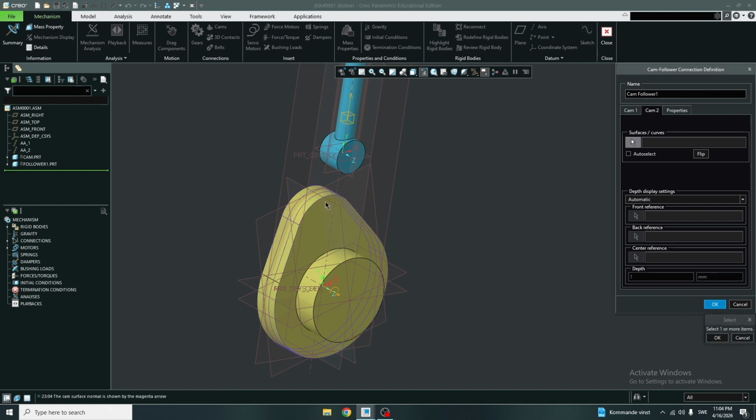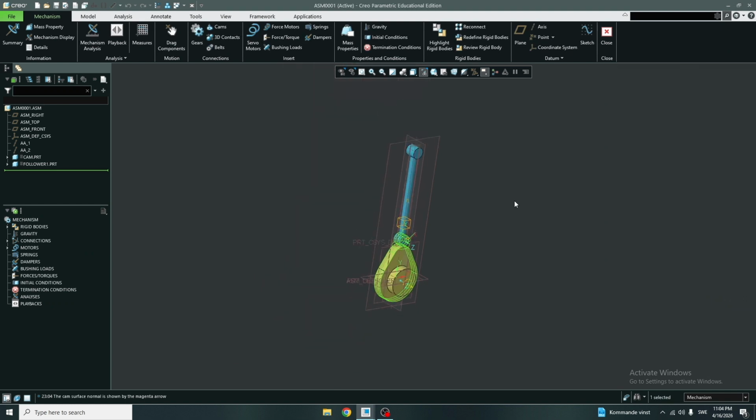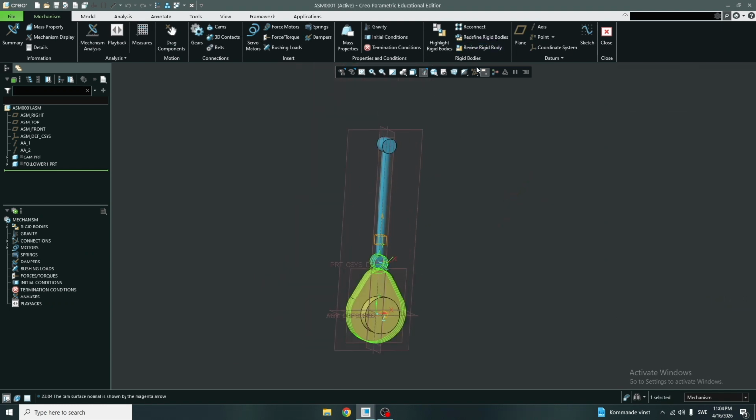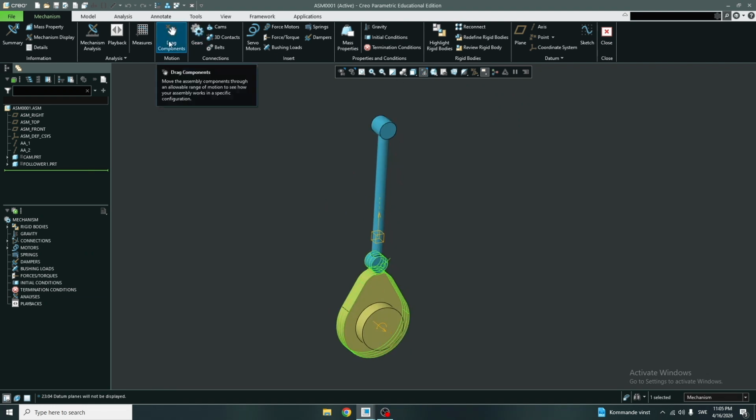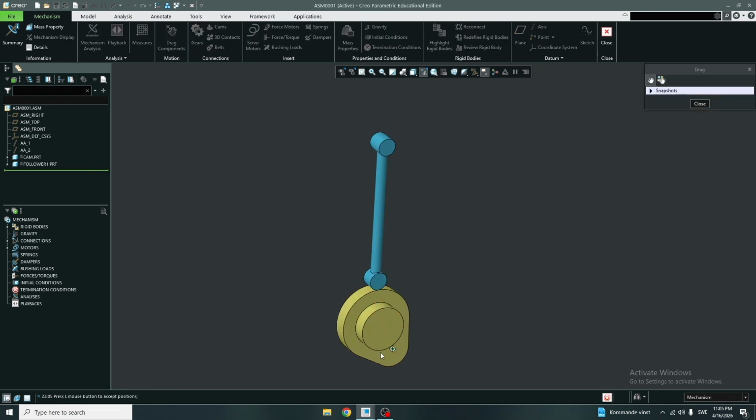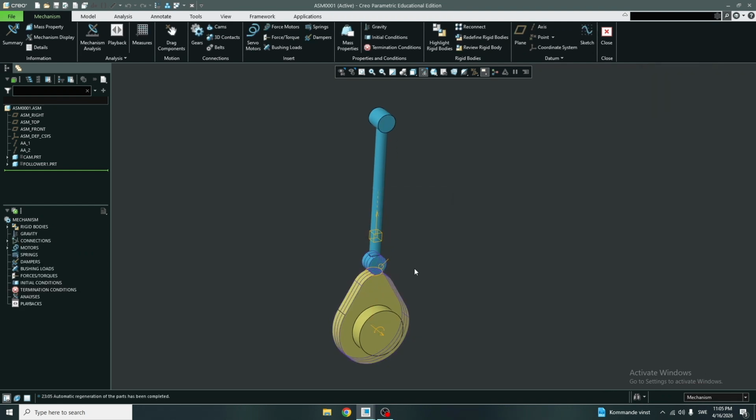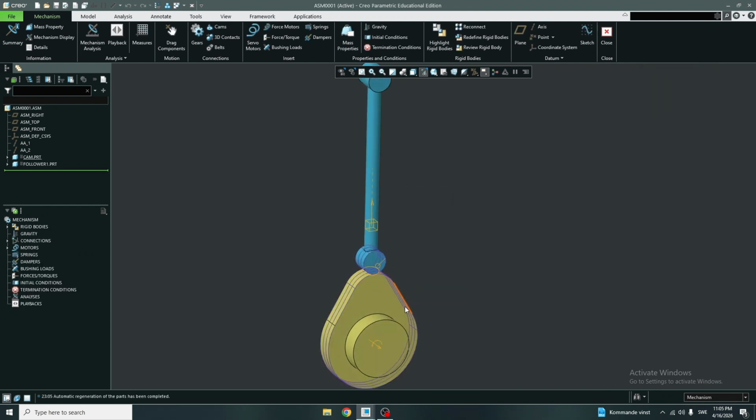And go ahead and choose the other, and select the whole part. And here we go. You can hide the planes, and as you can see, this is working fine. Regenerate, go back to this position, and maybe